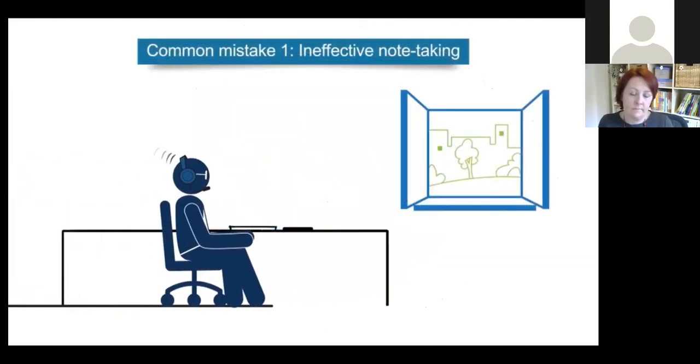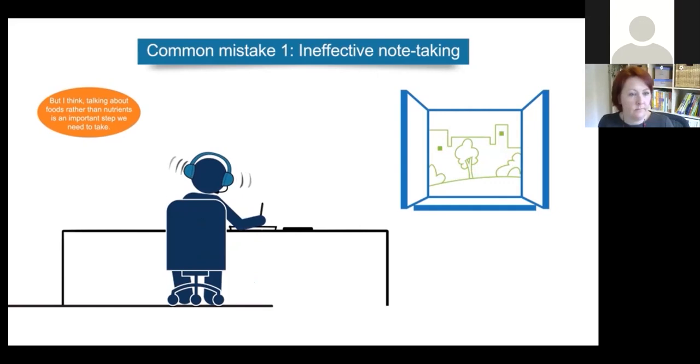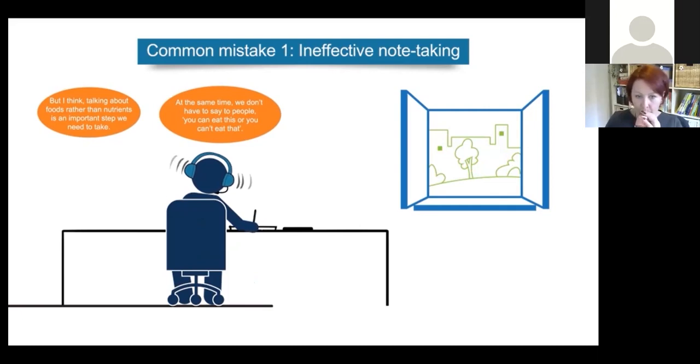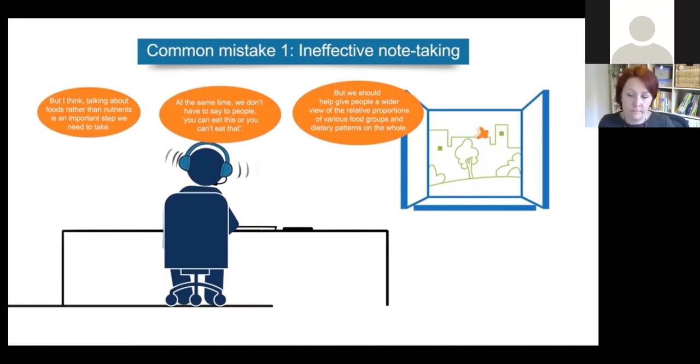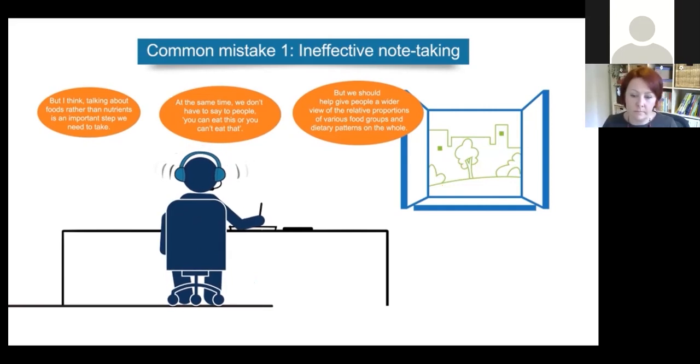Listen to this lecture and then look at the notes. Why are the test takers' notes ineffective? But I think talking about foods rather than nutrients is an important step we need to take. At the same time, we don't have to say to people, you can eat this or you can't eat that, but we should help give people a wider view of the relative proportions of various food groups and dietary patterns on the whole.